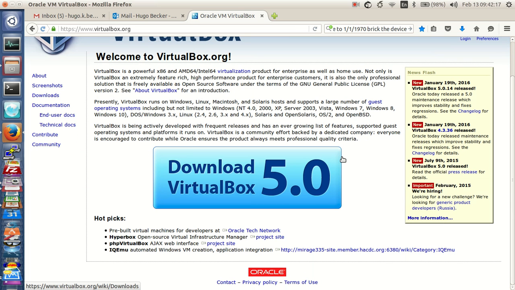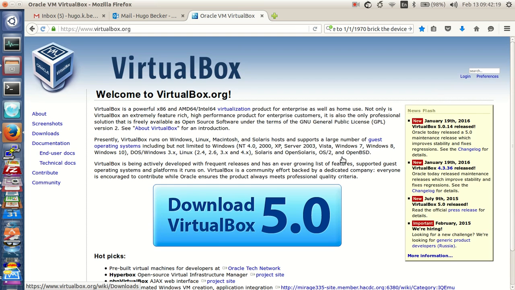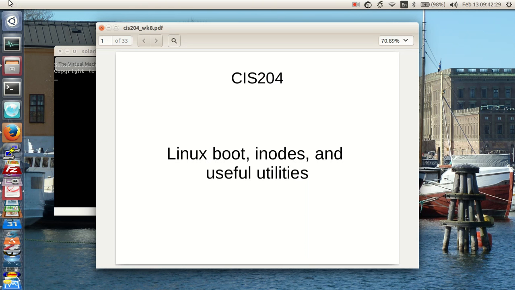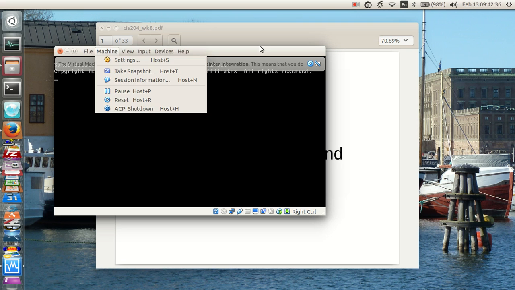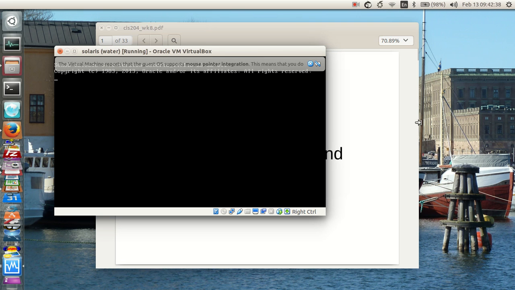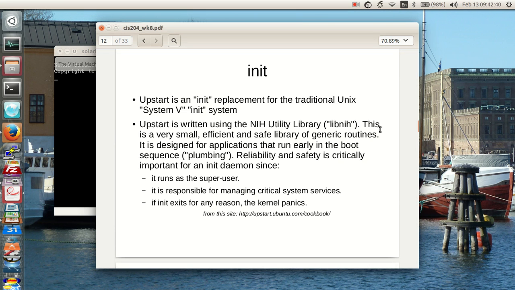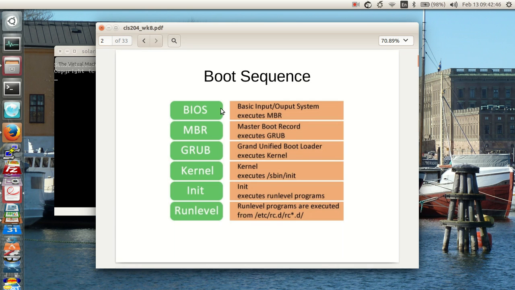You can see that VirtualBox is available. It's available for Windows, Linux, Mac, and if you bring it up, you can then load in the VirtualBox. You could load a Linux image, a CentOS image, or whatever else you wanted. And as we can see, this is beginning to boot. So we'll just keep that in the background and let it play. Let's go to slide 2, not 12.